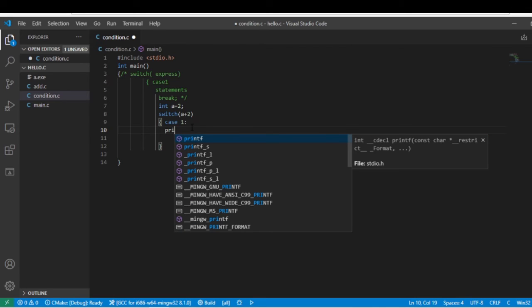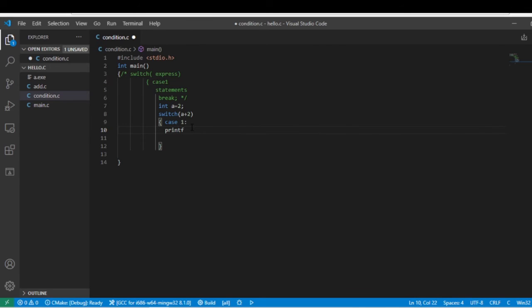I write here printf, case 1, colon, value is, which value? Value a. Right here for printing value a, percentage d for integer.